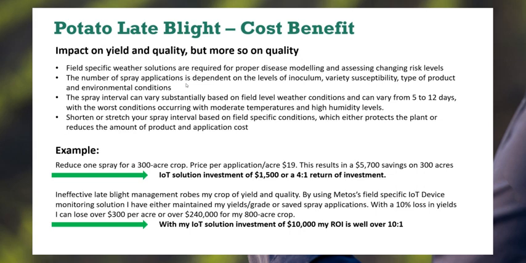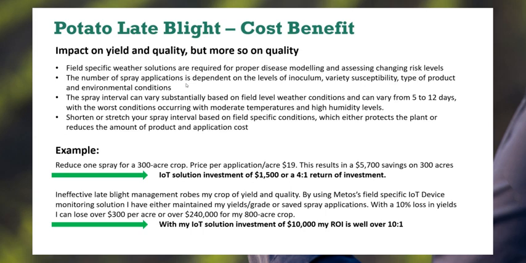There's a number of different models. The number of spray applications is dependent upon, of course, the level of inoculum, variety susceptibility, type of product, and the environmental condition. And the spray interval can vary substantially based on the local field weather data, hence the need for local weather stations in a potato crop, anywhere from 5 to 12 to 15 days